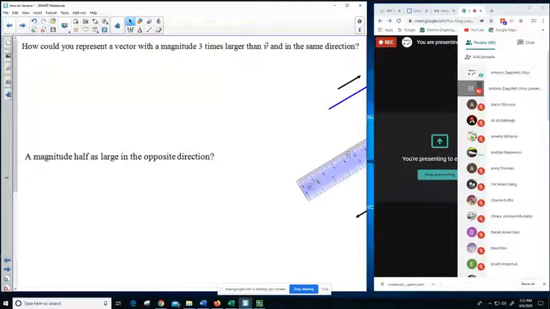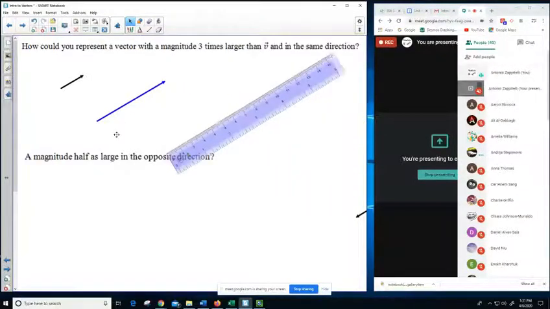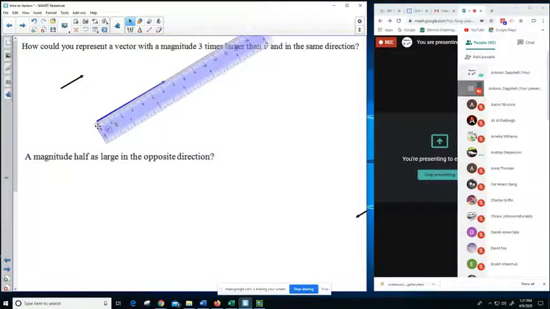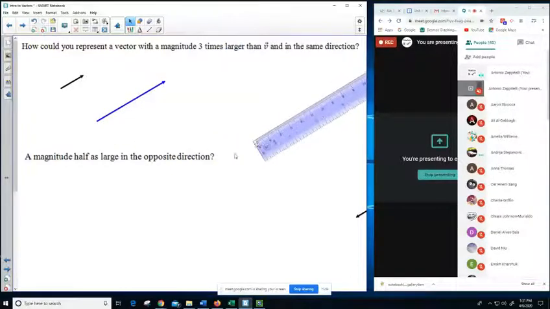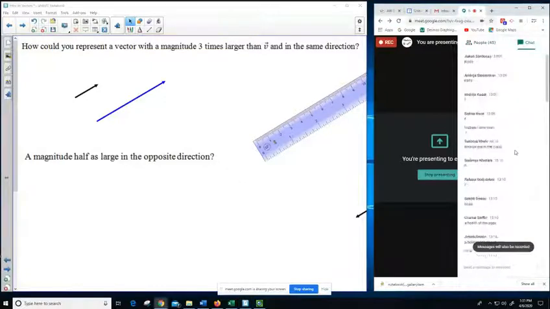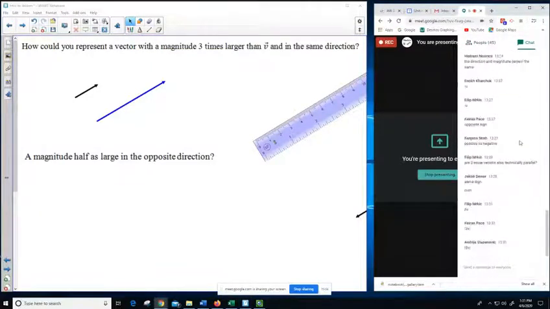So I asked this idea of how you could represent a vector with a magnitude 3 times larger than some given vector. Say this is my vector v, and I want a vector that's exactly 3 times longer, but in the same direction. So the only thing I'm changing, there you go, this is about 2.2, and this is about 6.6, so 3 times longer. How would I represent a vector that's exactly 3 times longer? We don't have to change the direction. The only thing we have to do is,